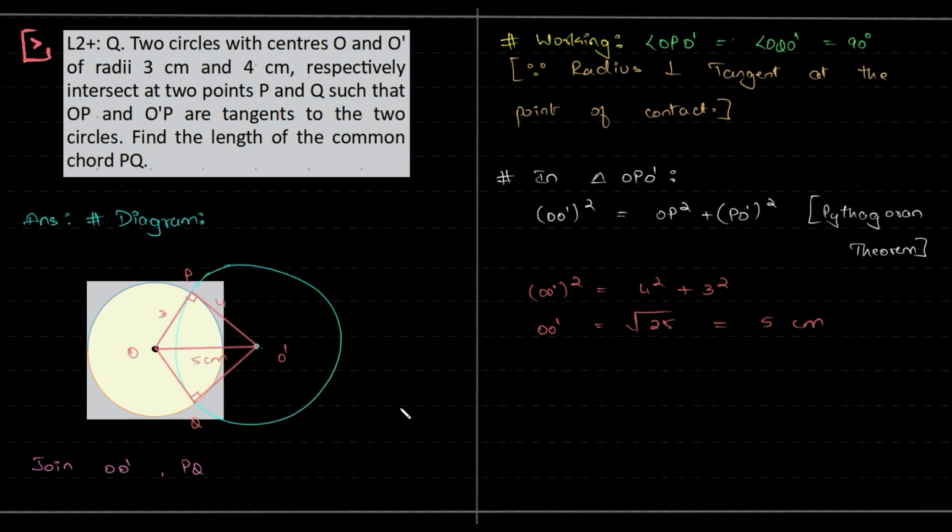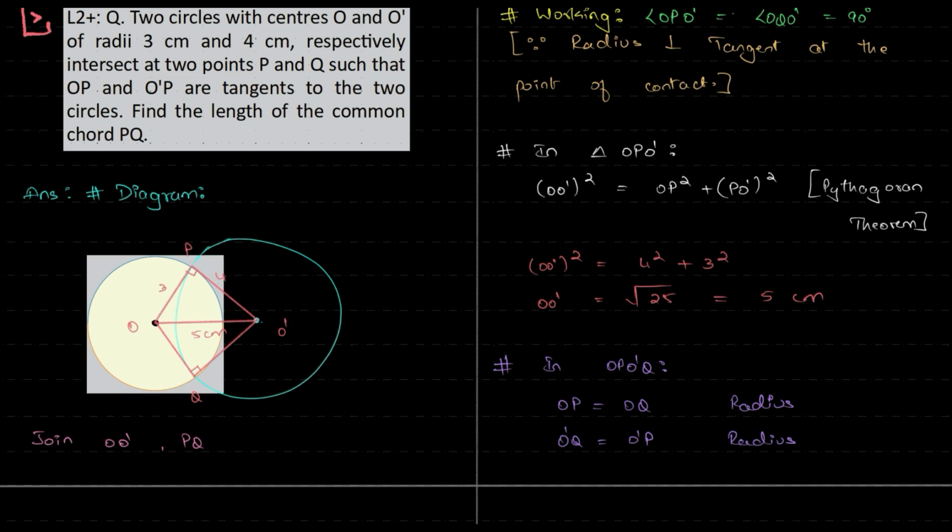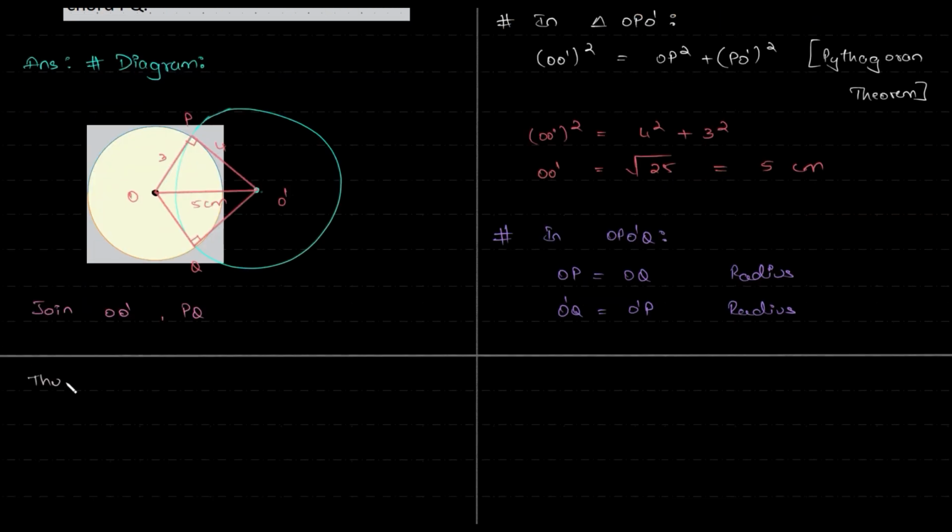Now, if I just consider the structure O, P, O dash, Q dash, right? Okay, let me do it step by step. OP is equal to OQ, the radius, being equal to 3 centimeter. O Q dash, O dash Q and O dash P, they two are equal to each other because they are radius of another circle. Now, thus, since the adjacent sides are equal, thus